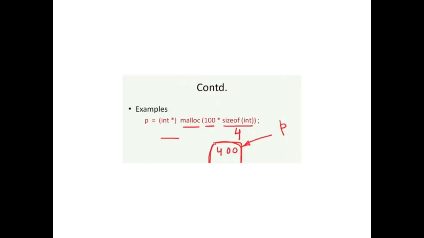So let's see an example here. Here we have used the malloc function, and the total size that I have provided as an argument is the size of a single integer variable, that is usually 2, or in some newer compilers it is 4, and then multiplied by 100. So the total number of bytes we have taken from the heap for dynamic memory use is 400 bytes of continuous memory locations.